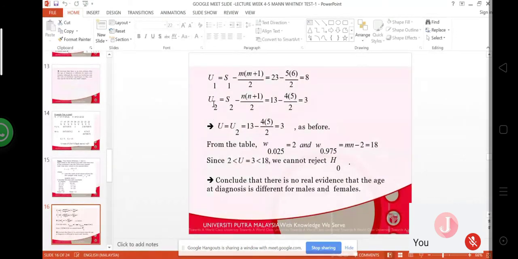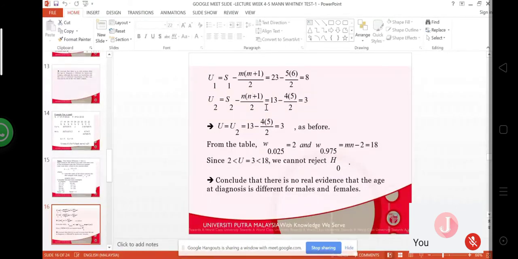And then you say, easy, how to get this? So U2, how to get U2? You say, oh, no need to compare X and Y to the left, to the right. So U2 is S2, the sum of the ranks of the second sample, minus the sample size of the second sample times its size plus 1 divided by 2. So you check, what is S2? 13. 13 minus 10. So 3. Oh, you say, simple, right? Simple, because no need to make comparison.